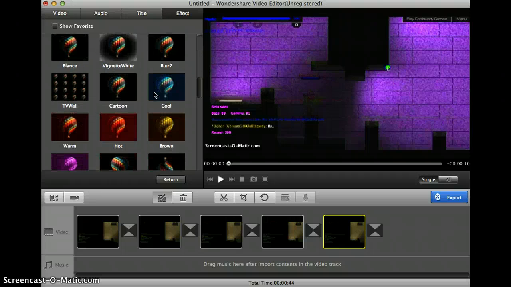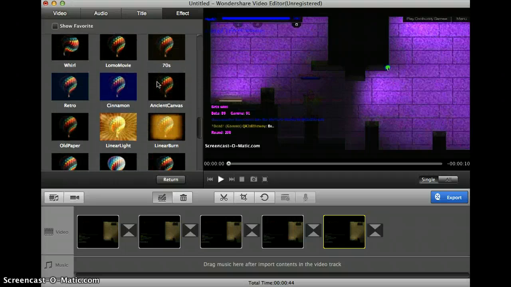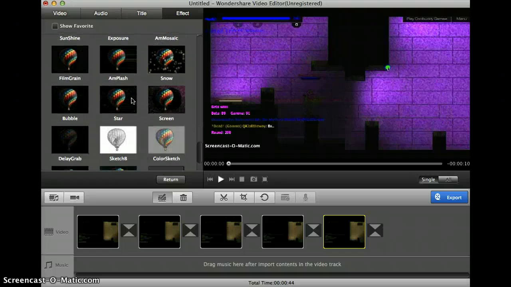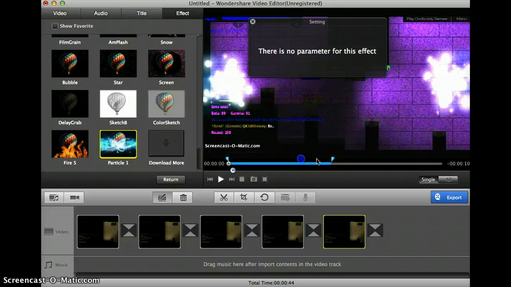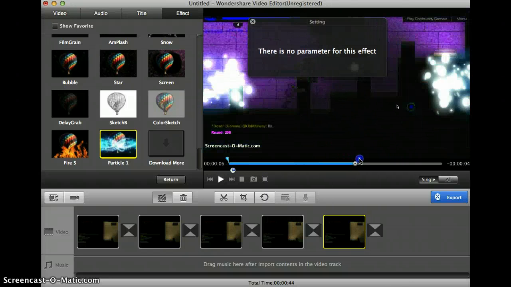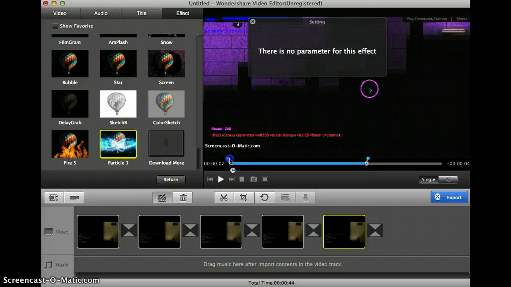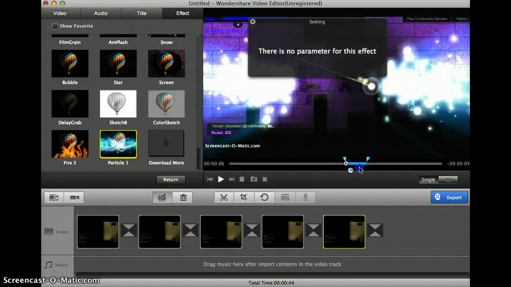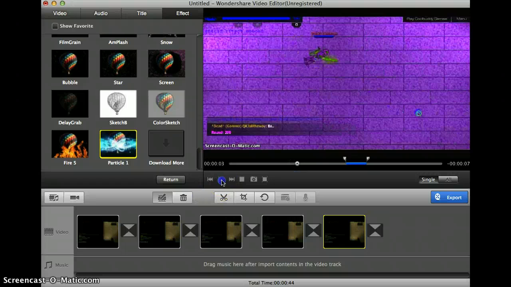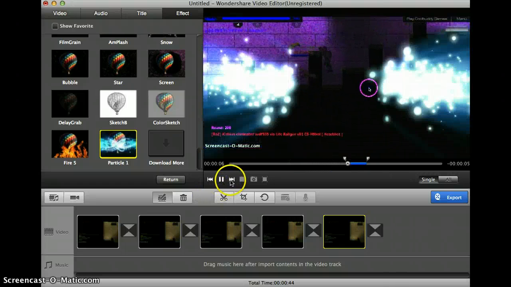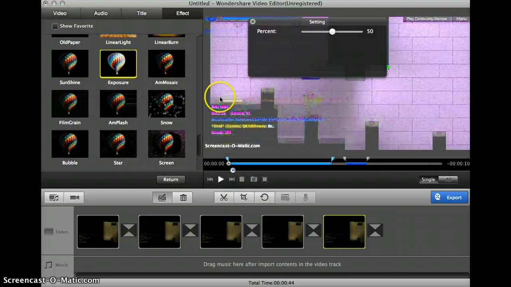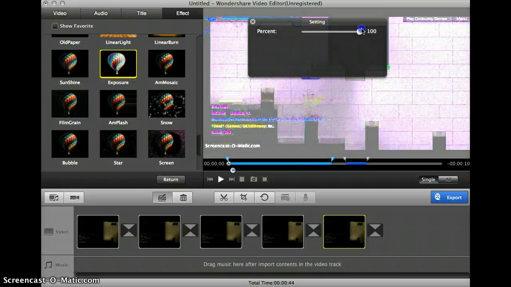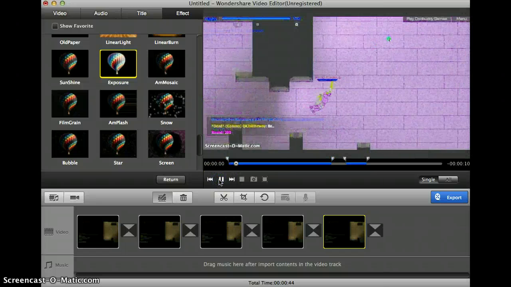Now, the one I'm gonna show you is the particle. Now, oops, particle. Where is it? There we go. Now, this is exactly when you get a kill. I mean, it looks kind of interesting, but when you put it up, it's actually pretty fresh. Alright, let's go like that. Shoot. And it shows you get the kill. But it's not too bubbly. Or you can do exposure, whichever one floats your boat. It's kind of like a brightness thing. So it's like that, and then